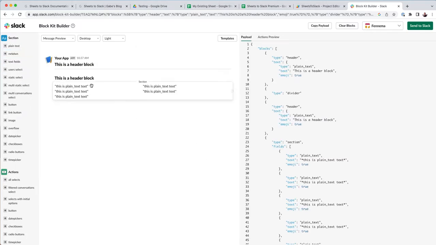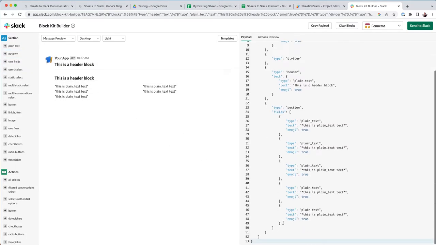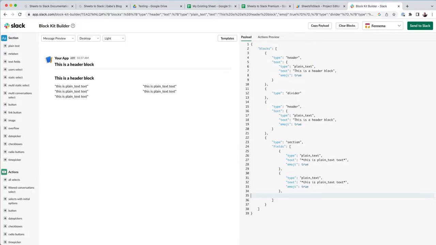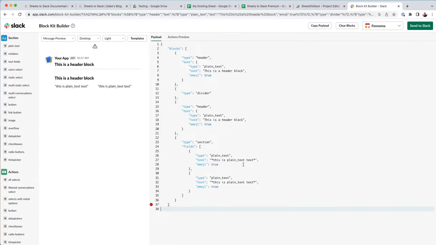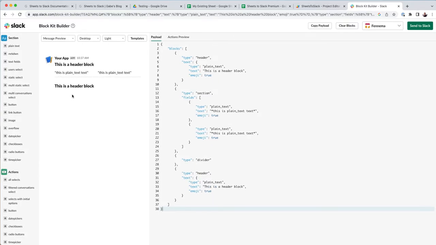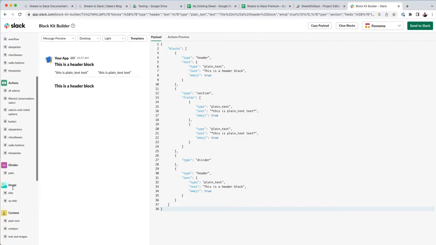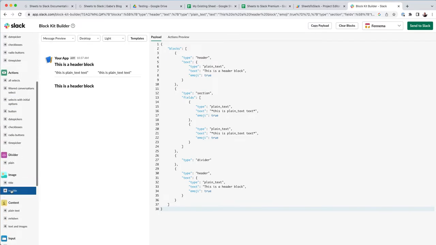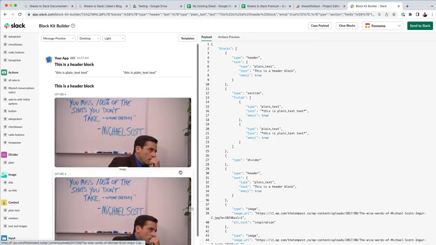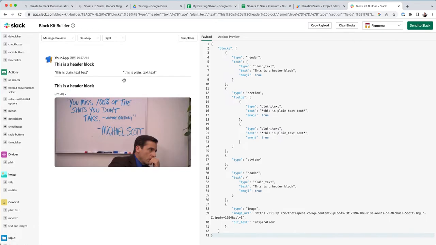text fields. So I'm going to go through and only do two of these. Oh, I accidentally did that. All right, so I'm going to put this up here, and then maybe we'll have an image down below here. So let's do no title. Okay. So this header is going to say